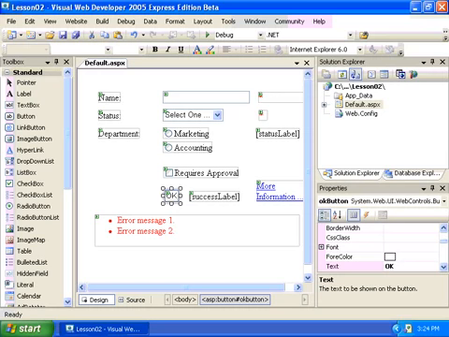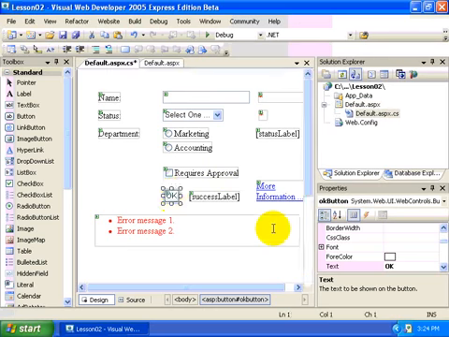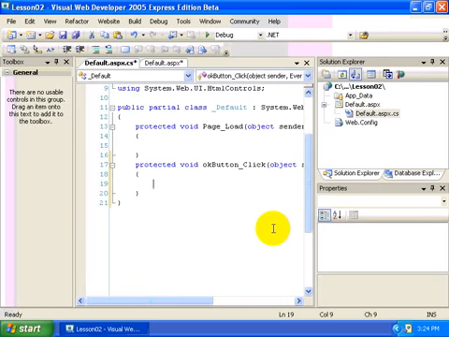So I don't want to get too deep into this, but you recall from the previous lesson how we were able to write code behind a button in order to change the text property of a label. And when we did that, we gave the user the illusion that merely by clicking the button that it changed the actual label to a different value, when in fact what happened behind the scenes was that ASP.NET stripped out the label, took the text that we wanted to place in it, rebuilt the web page, and sent it back